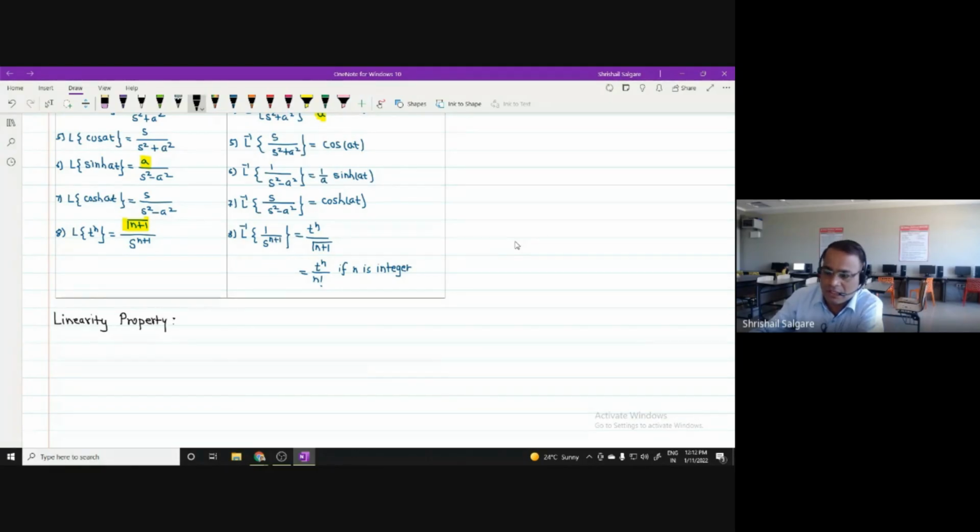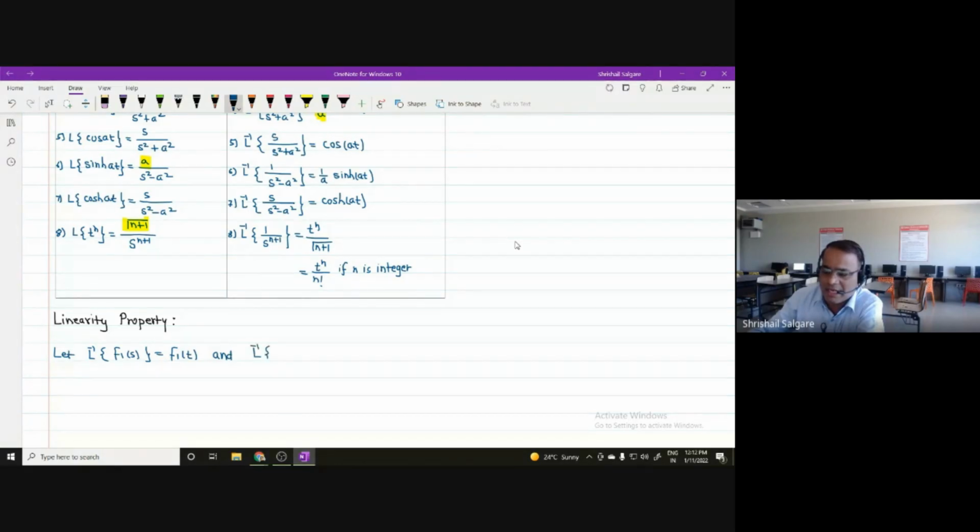So what does this result say? Let me write it symbolically. Let L inverse of F1 of S be some function F1 of T. And